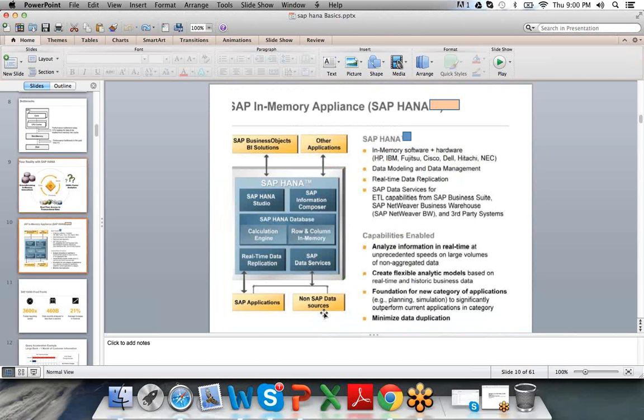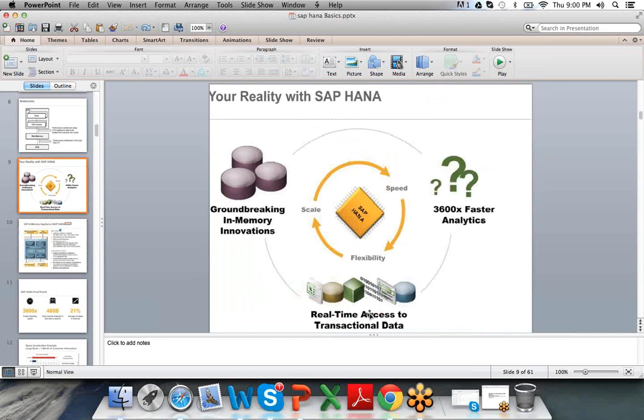You can load the data from any source system, and it supports real-time access to transactional data. Very flexible, and speed-wise, 3,600 times faster when comparing with traditional databases, traditional analytics. The reason is, in-memory analytics is always much faster when comparing with traditional analytics. The reason is